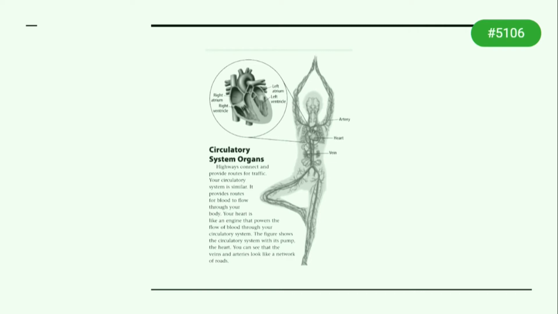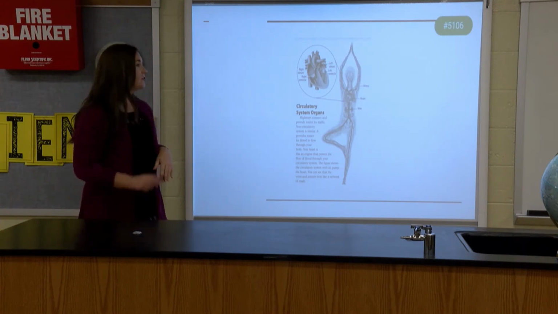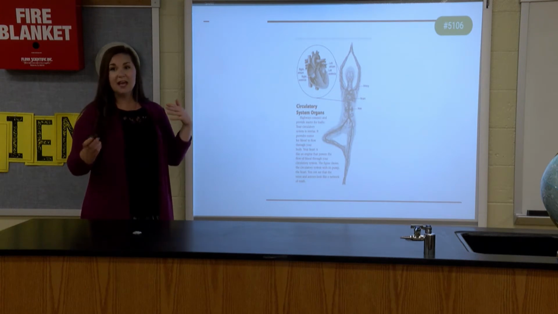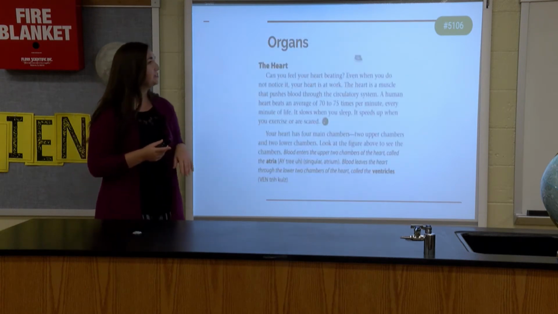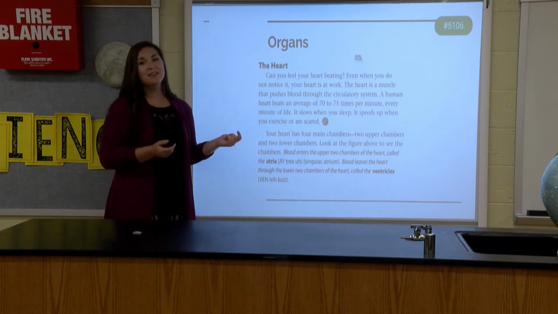So on the right side, you have the right atrium, and below it is the right ventricle. And on the left side, you have the left atrium, and then below it the left ventricle. That's important because we're going to talk about where blood goes, leaves, and comes out. As far as organs, your heart is the main organ that you probably think about for the